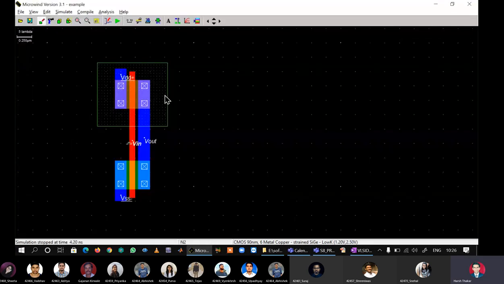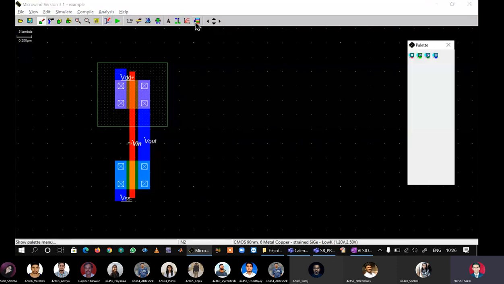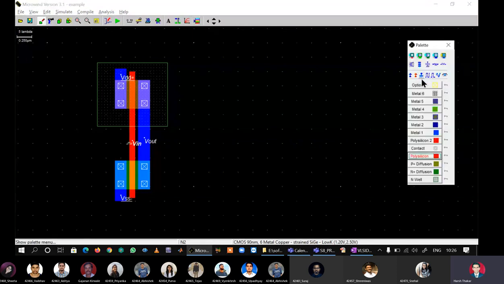If I want to eliminate this warning, I again go to the palette of layers. I will select VDD and I will go and drop it anywhere in the empty space of NVL. Okay, anywhere in the empty space of NVL I'm going to drop. So I can drop it here, here, anywhere. Okay, so I drop it.